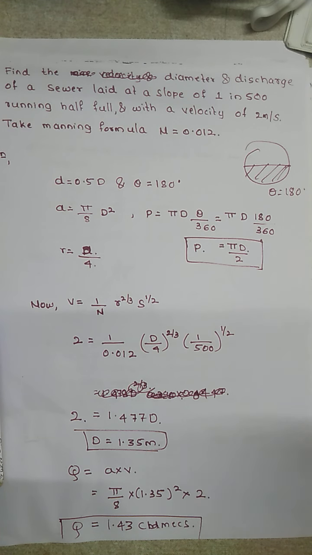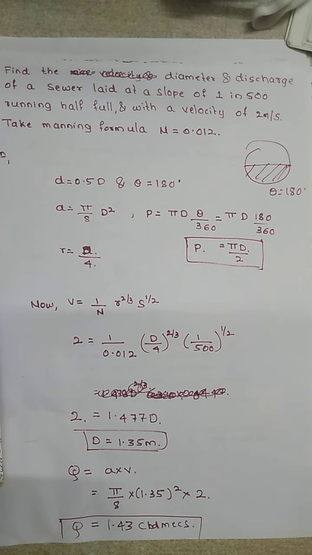Now these are very simple, basic types of problems that we have solved in today's class. In the next class we will be solving problems where the complexity may increase, so we will solve some other problems again. In today's class, by using Manning's formula, you have determined the velocity, discharge, and diameter. You need to remember the formulas that you are going to utilize in these particular problems. That is the basic requirement in order to solve these problems.